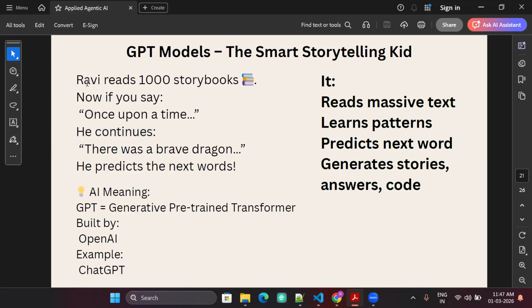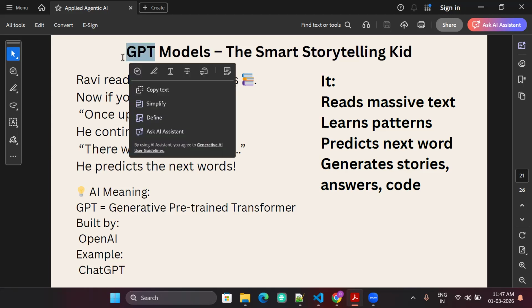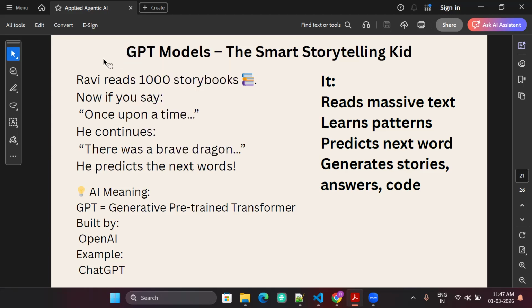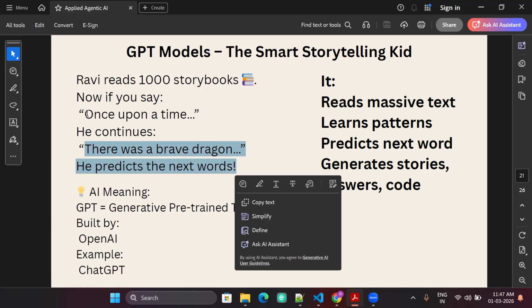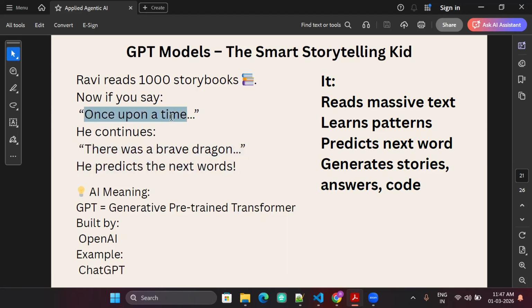So if training was done with massive data, then this model was able to predict what the next words will be automatically, because in the past it has seen so many stories. So now if you write "once upon a time," you will see it will automatically try to predict, okay, the most relevant sentence for this particular starting sentence can be this.